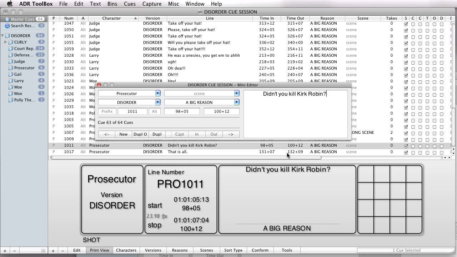Now, just as an aside, whenever you're typing information here, if you type a ton of information, the program will actually resize the text box to fit as much dialogue as you want to put in there. That's a change I made from the last version. So if you have a long monologue of dialogue that you want to put in one cue,